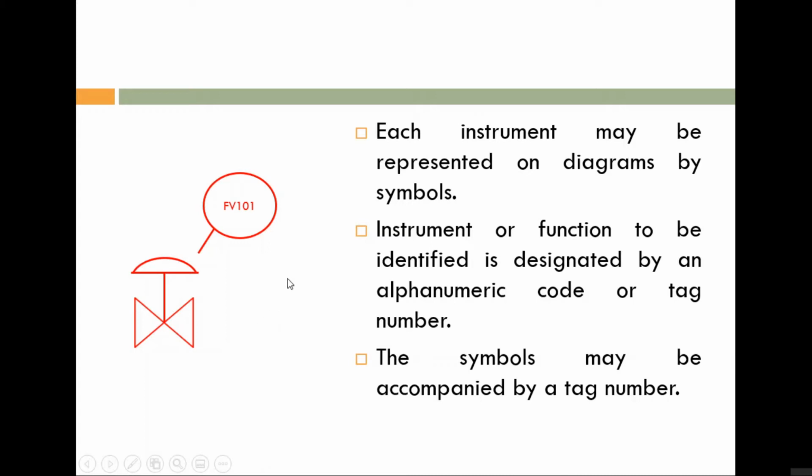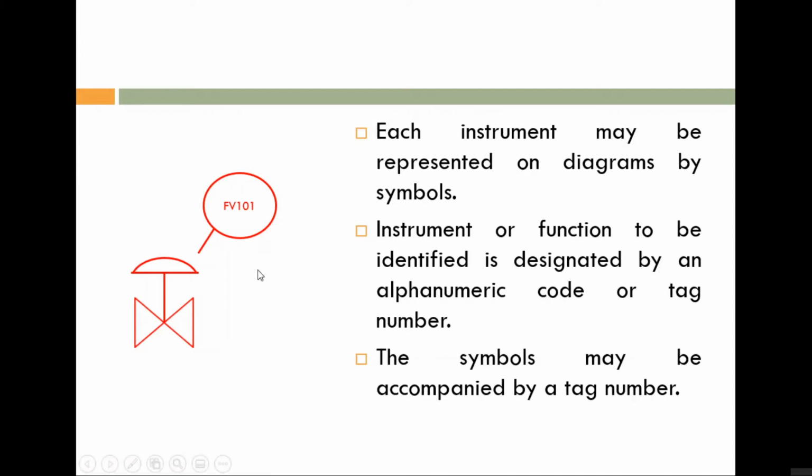Okay, so if you have a straight line inside this circle, it means this instrument is located in the central control room where the control engineer is sitting. If you have a horizontal line inside this circle, it means this one is located in the central control room. If you have two parallel horizontal lines inside, this one is located in an auxiliary location, not in field, not in control room, between these two. So these are the things.